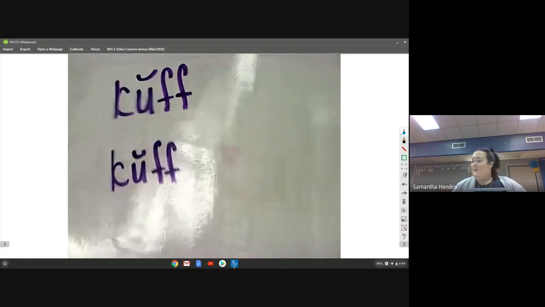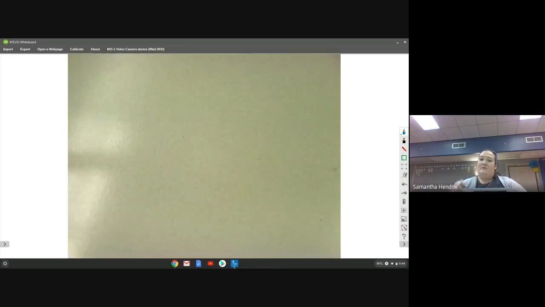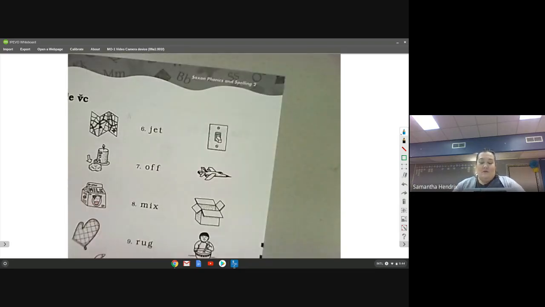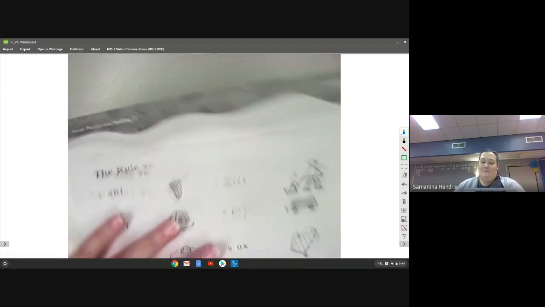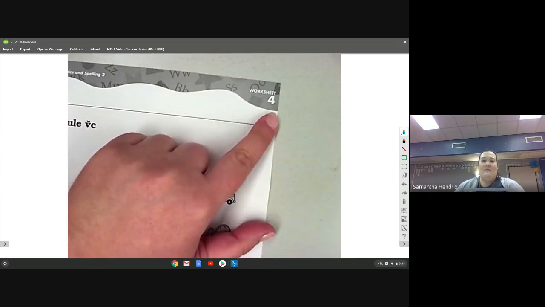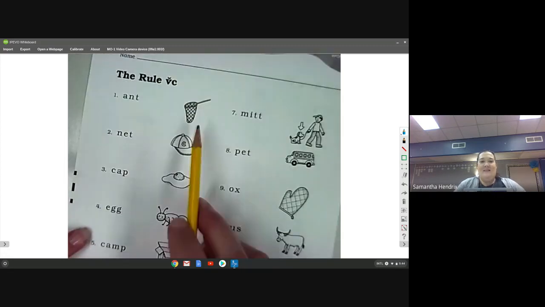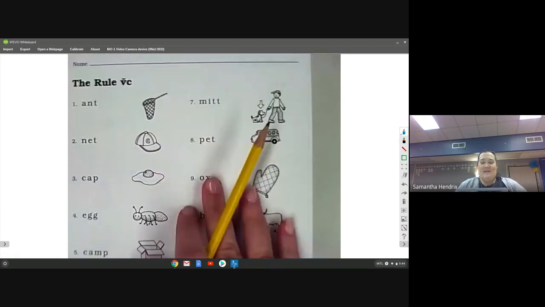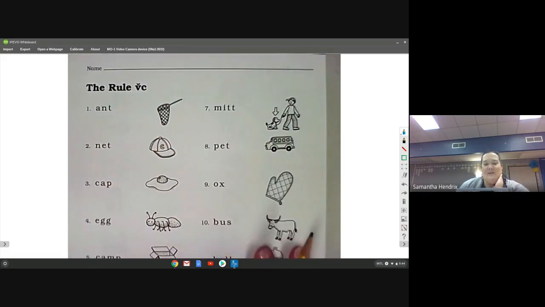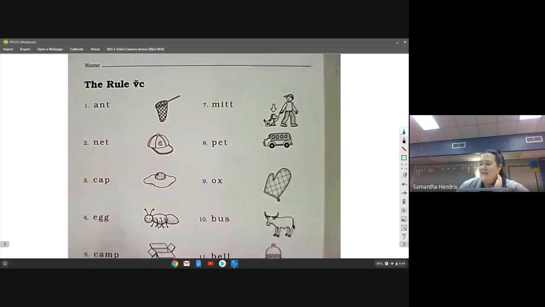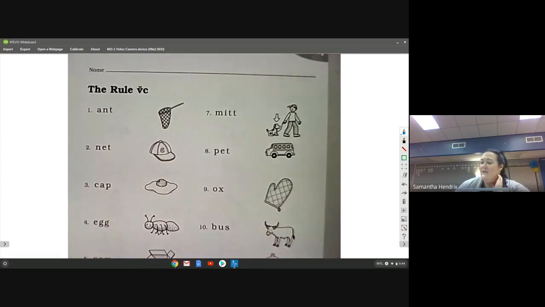So let's get out our sheet, Saxon Phonics Spelling 2, worksheet 4. Okay, it says number 1 ant, and it has a net, okay? A net doesn't go with an ant, does it? Okay, so what we're going to do now